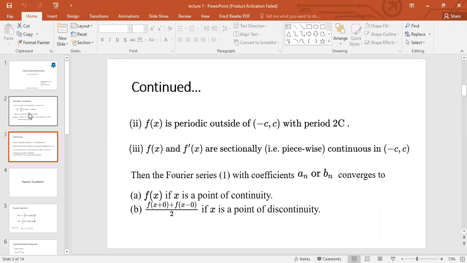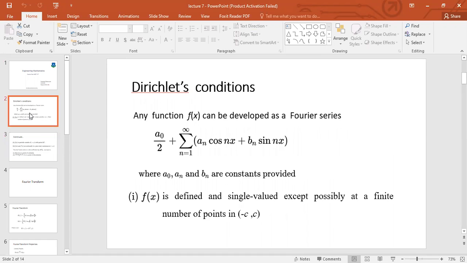So f of x is periodic outside minus c to c with period 2c. f of x and f prime of x are sectionally continuous in minus c to c. So আমরা দেখতে পাচ্ছি যদি ডিরিচলেট কন্ডিশনগুলো ফিল আপ করে তাহলে আমরা এই ফুরিয়ার সিরিজটা পাবো।